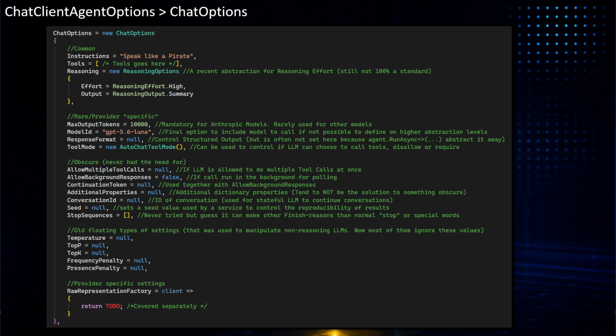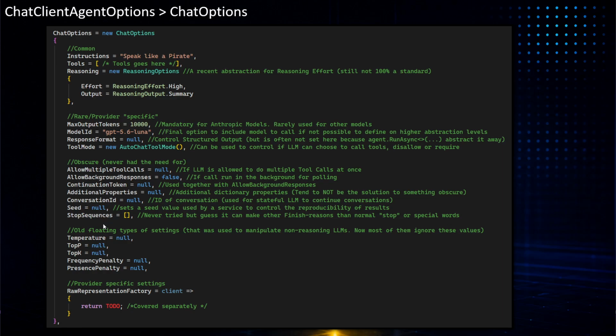You can set it to disallow, but then you could argue you just don't give it tools, so you don't really need that as well. And finally, you can go in and say it needs to at least call one tool every time it calls, which is again also a kind of odd setting. So it's very, very rare that you want to do this. It should probably be some setting that you say, for this time, don't use tools or something like that.